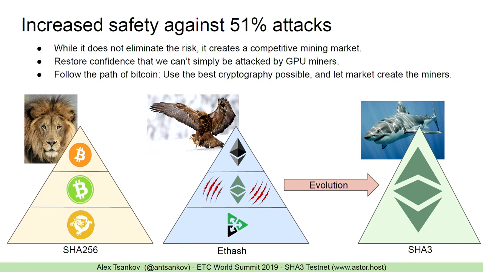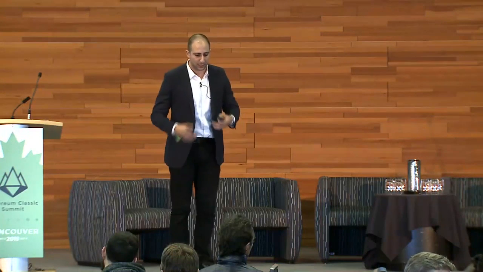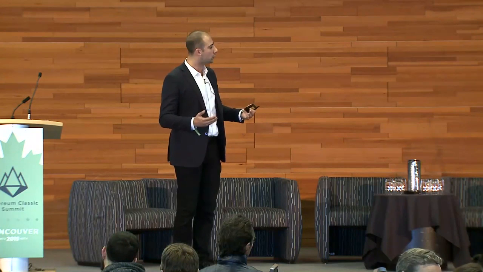So the goal of SHA3 is that we can basically move to a new hashing ecosystem, and we can become sort of the apex predator of that ecosystem where we no longer have to worry about being the minority chain anymore. And I'm very interested in Bitcoin. I've been that way for a while, and I think that it's best to try to follow the path of how Bitcoin is able to thrive, which is we want to be the biggest proof of work algorithm in our ecosystem.